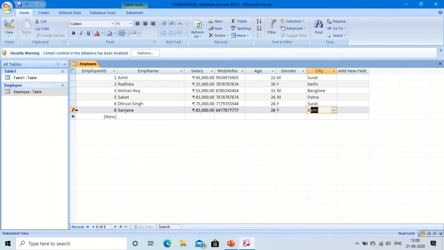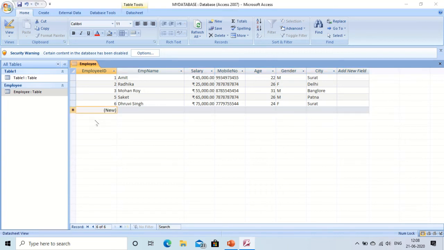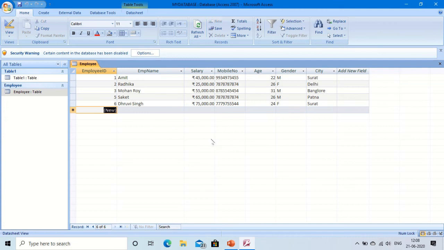record to the table. As we know, if you want to delete, you can also delete. How? Just by selecting on this, and you can delete, clicking on the delete record. It will ask for deleting. Yes, I want to delete. If you want to make some changes to any field, just by clicking on it, you can make some changes.